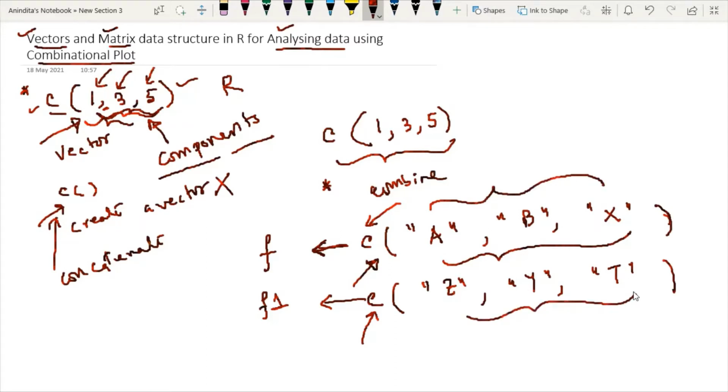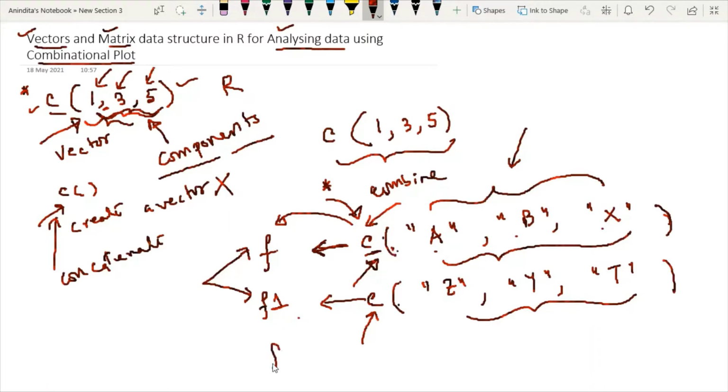That's it. We define the vector components, then combine them, and later store them in a variable. Now after storing the vectors, what can we do? We can again concatenate these two variables. After concatenating individual vector components using the c function, we can further concatenate these two vectors together.